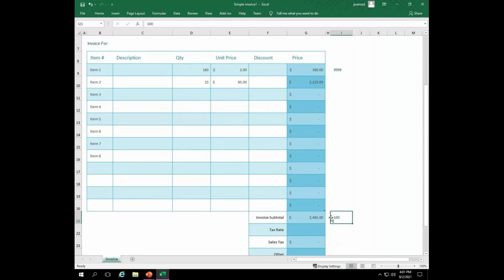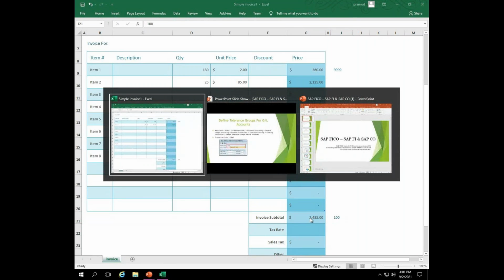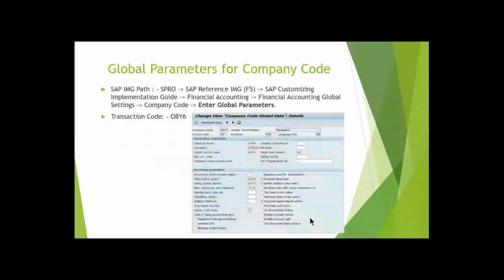So if I represent 100 here, the value will be taken as 100 itself for the groups together. Okay, yes, sir. Understood.